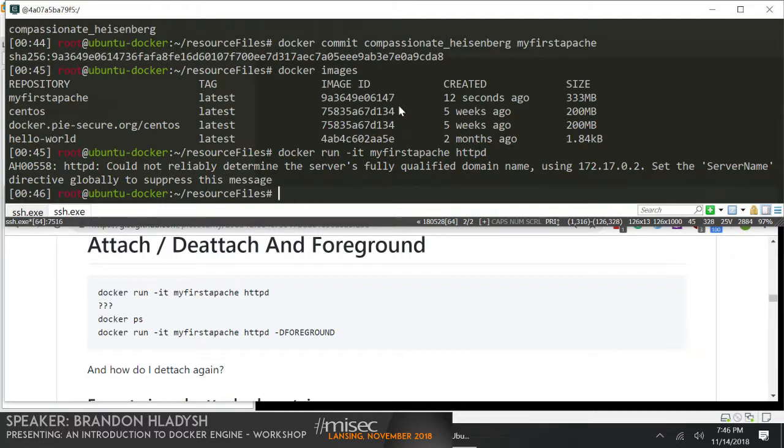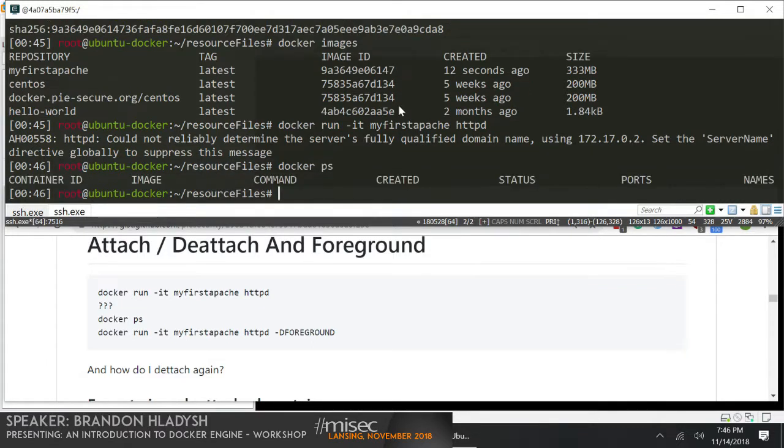So every time that we were inside of the CentOS container and we were running httpd, Apache was starting in the background mode, and then we could connect to it while the container was running. But in this case, we told it to go and run a new container. It just turned on Apache, went to the background, saw there was nothing on standard in, and just closed. So what we need to do is anytime we run a process, we need to make sure that it runs in the foreground. So we're going to run that same command, but we're going to give it the option of